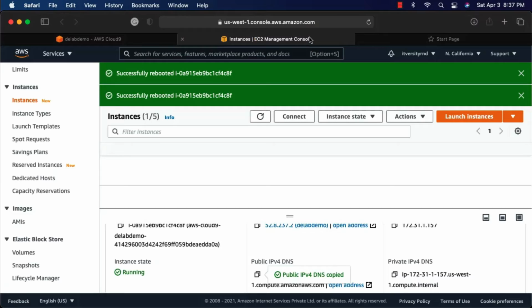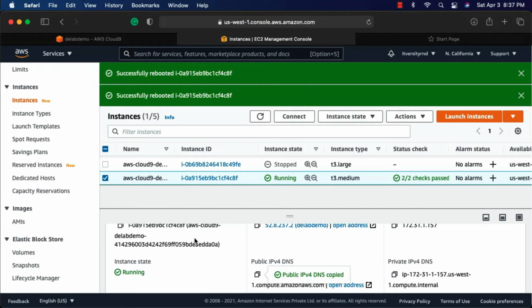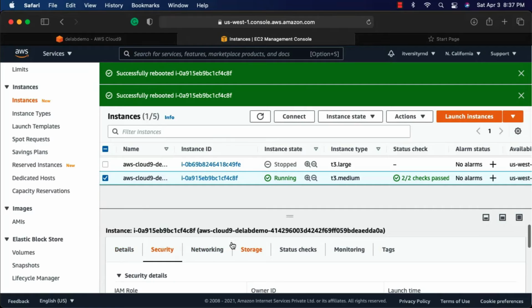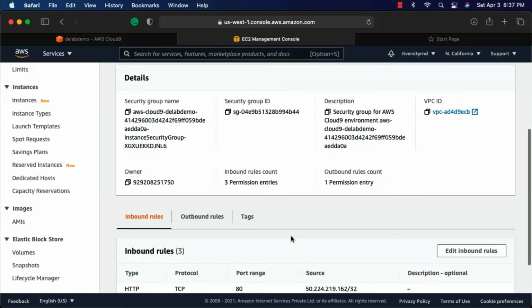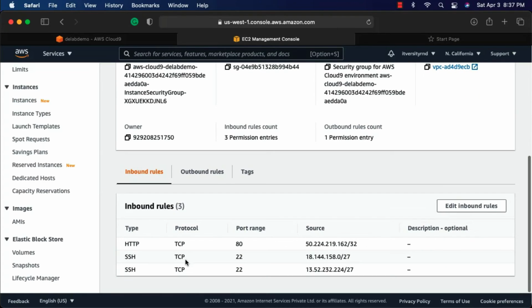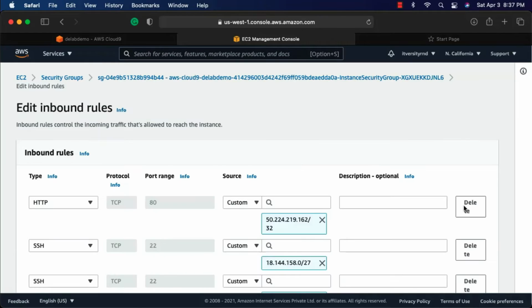For that you have to go to EC2 instances, choose the appropriate EC2 instance here, go to security, click on the security group here, review the existing inbound rules. We have only 22 and 80 opened. Click on edit inbound rules because we are trying to connect to the web server that is running as part of the EC2 instance and hence it is considered as inbound traffic.